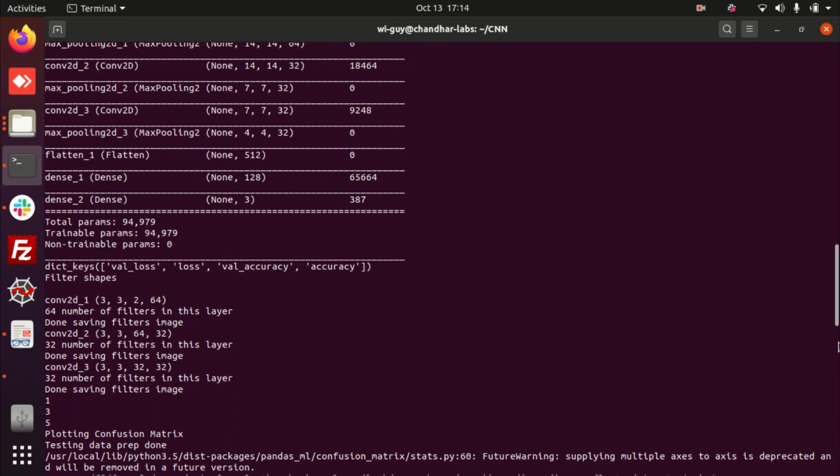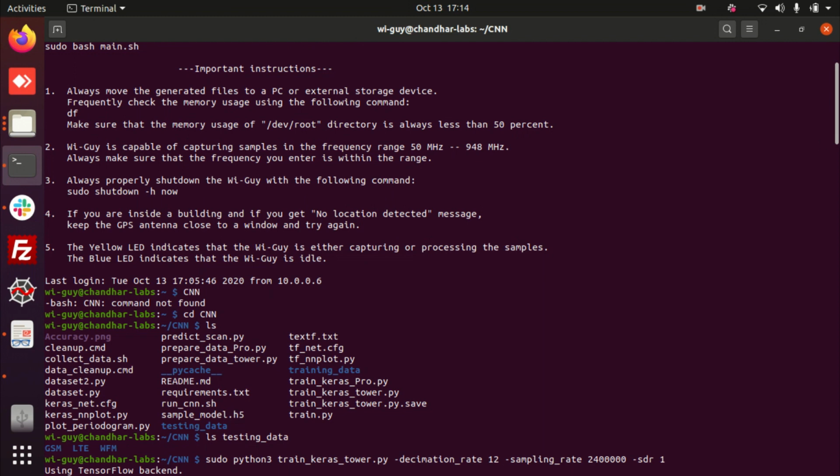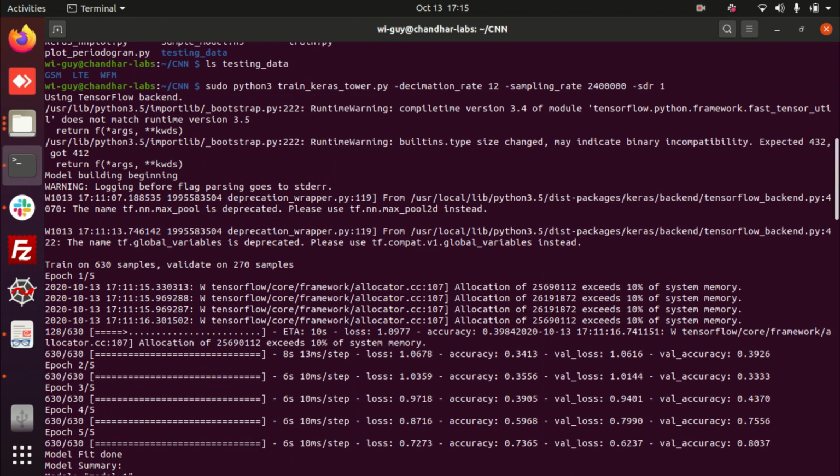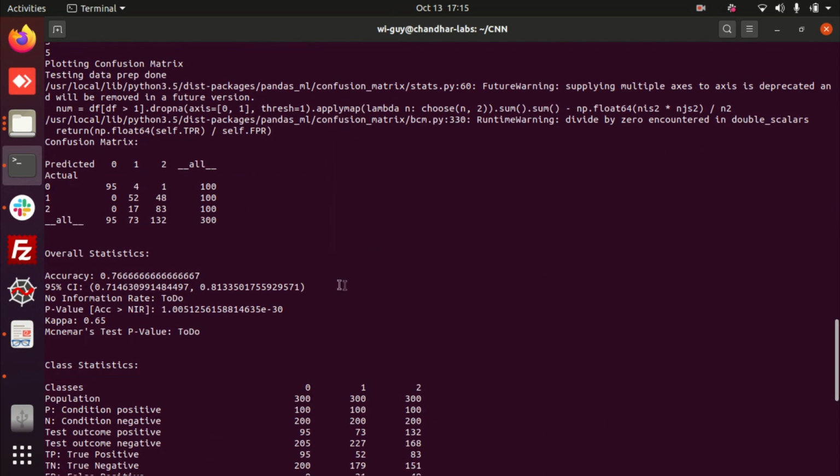Next step is that my confusion matrix is calculated. So the data needed for the confusion matrix are calculated. What is my predicted data? All the necessary parameters needed for the classification score and my confusion matrix have been calculated here.